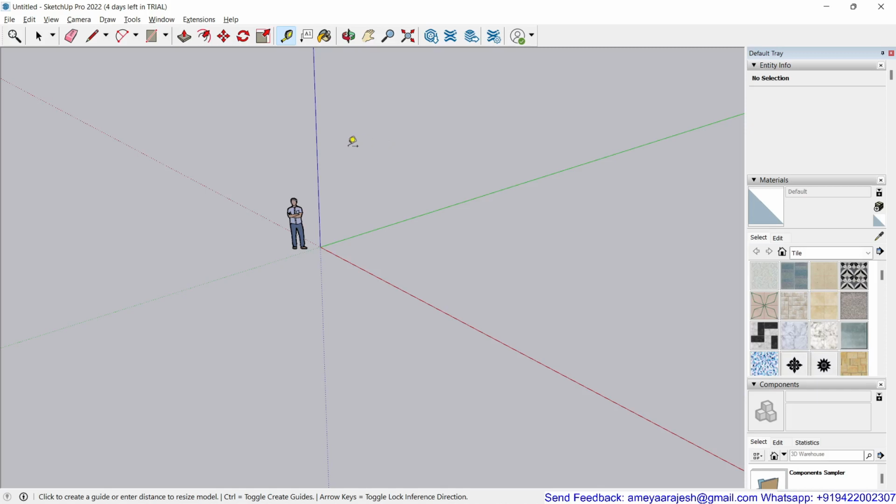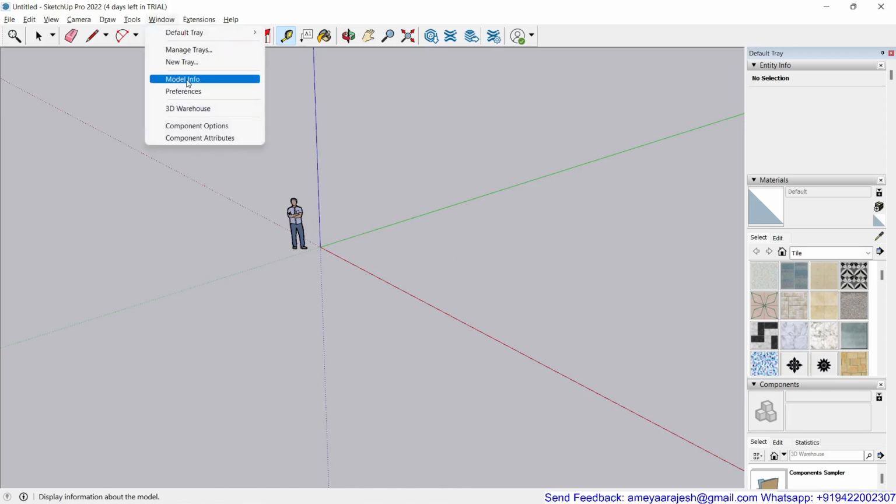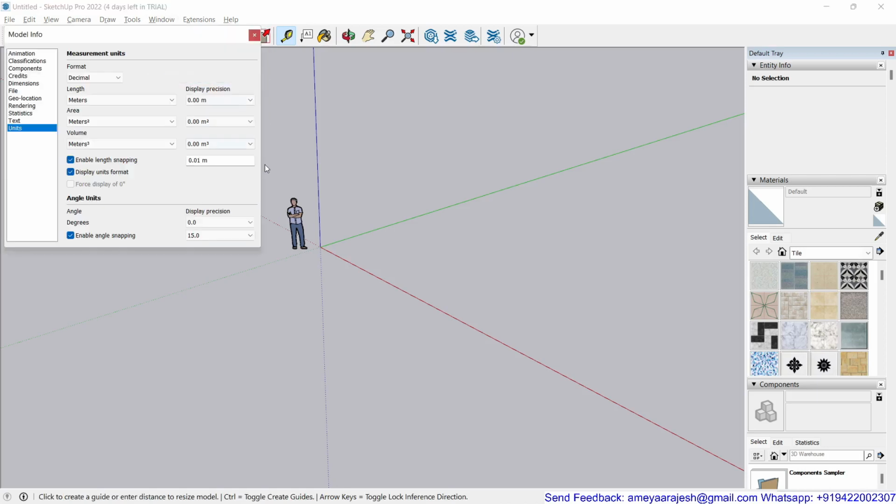Here you start your new drawing in a meter format, and you can cross-check that from the pull-down menu Window, Model Info, where there's the option known as meters for the length. So format was decimal, length was meter, and I'm just going to continue with the same.